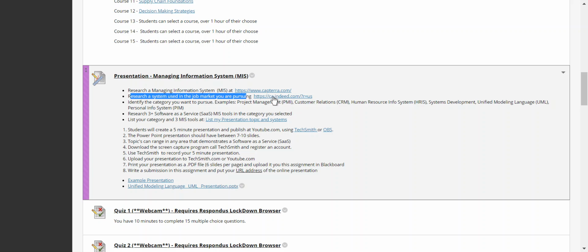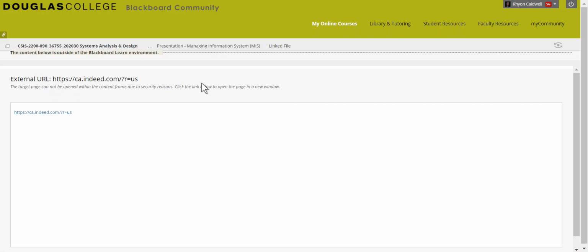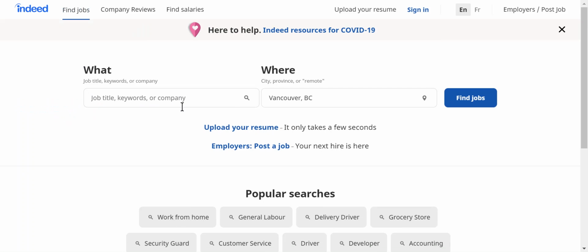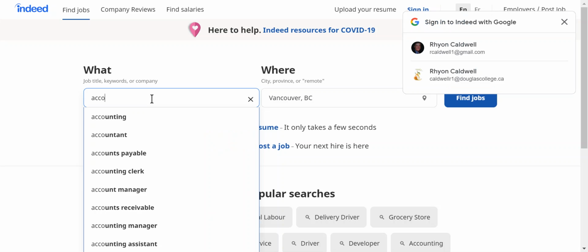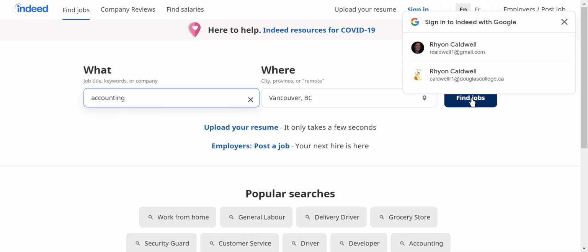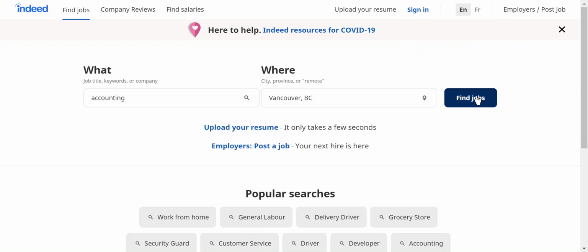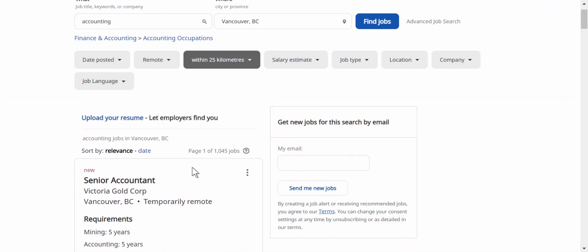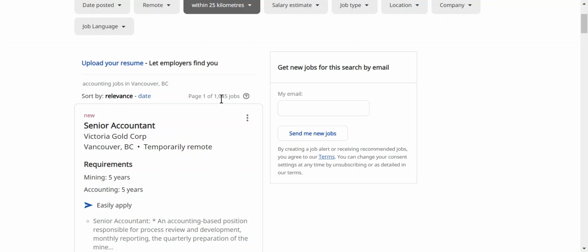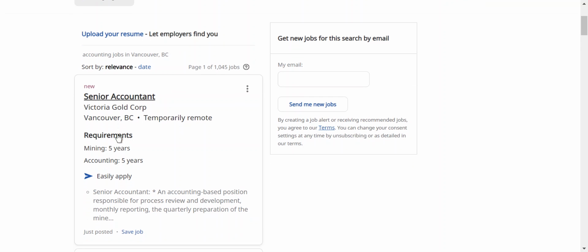So I would encourage you to go into something like the Indeed.com website, and this is the job market. So let's say you're going to go into accounting. So I'm going to type in here accounting, and from there you're going to go in and find jobs in your geographical area. So if you type in accounting in Vancouver, there is over 1,000 jobs posted,